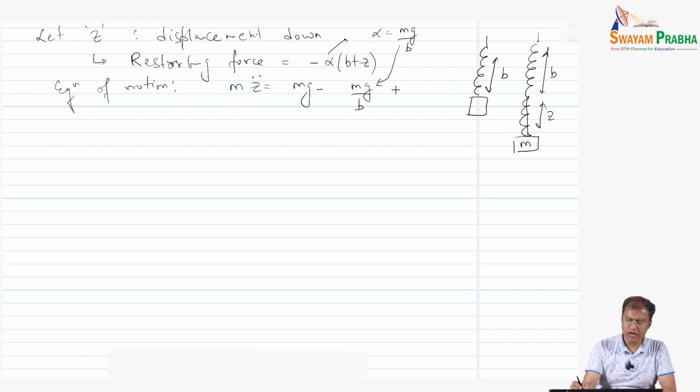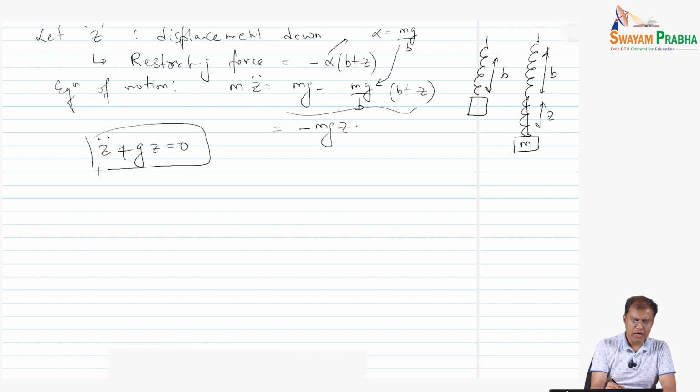So that is what I am using here, the mg by b times b plus z, and then we can simplify this further. So this is minus mg z. Okay, and then we can solve this again. This equation of motion is z double dot plus gz by b is equal to 0. And again, this is the same simple harmonic motion where my angular frequency omega is square root